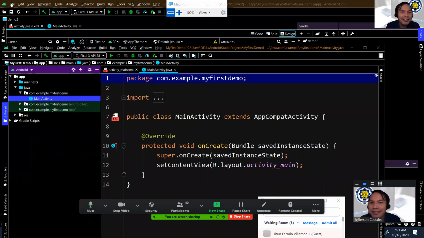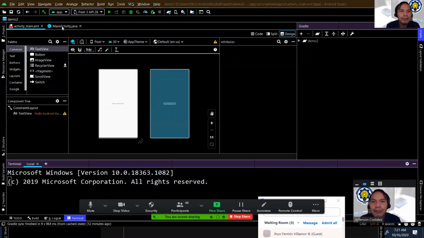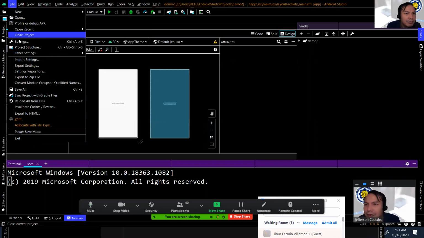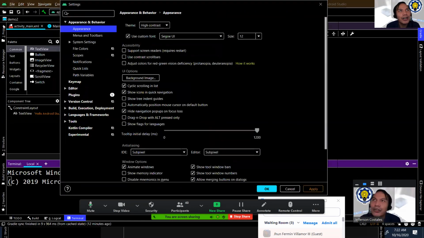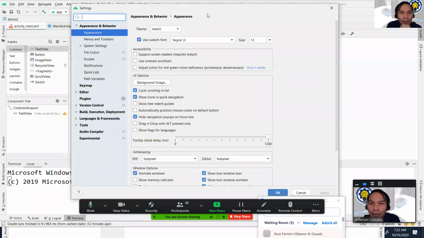in my settings. Okay, go back to my settings. Project settings. The shortcut is Control Alt S for the settings. So here, if you want to select another theme of IntelliJ, you could select IntelliJ. So this is the IntelliJ. What will be your options? That depends on you. But it's much better if we use Darcula, since dark gray is best in